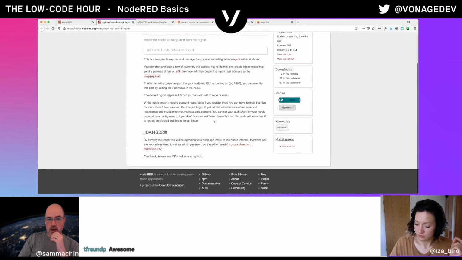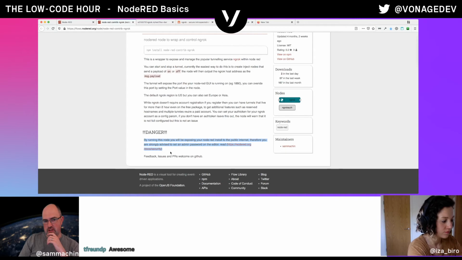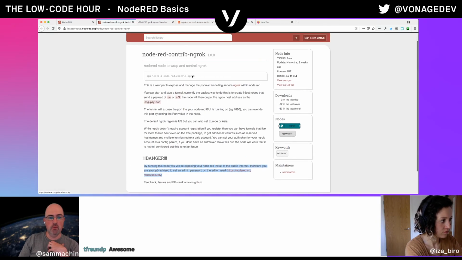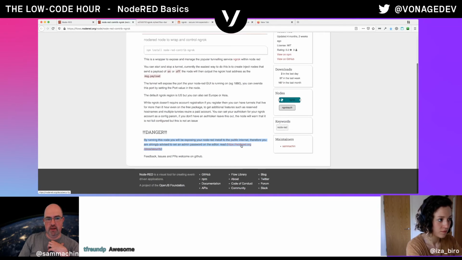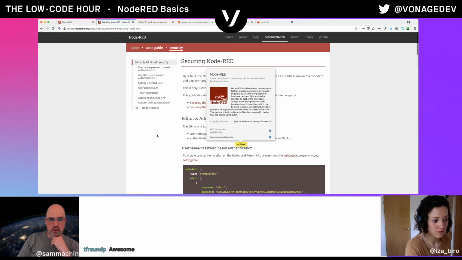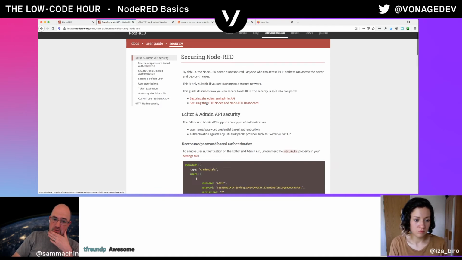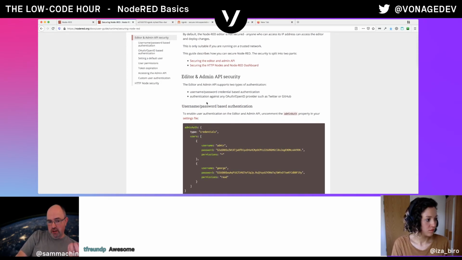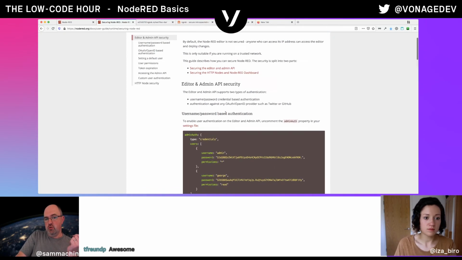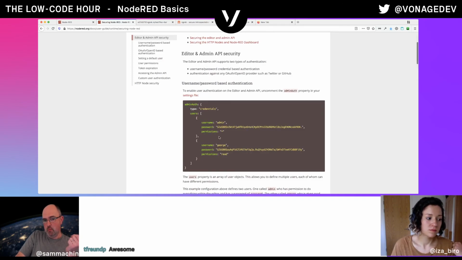You can see down here, danger: by running this node, you're exposing your NodeRED install to the public internet. You're strongly advised to set an admin password on the editor. And some of the description of how it works. And that takes us to a really handy little link on how to secure your NodeRED. So if you are running it on a Raspberry Pi, or you're running it locally on your machine, then this is what you need to do in order to set up a username and password,